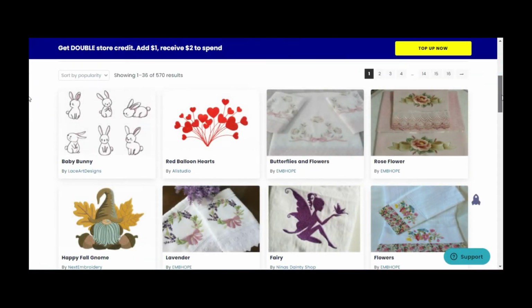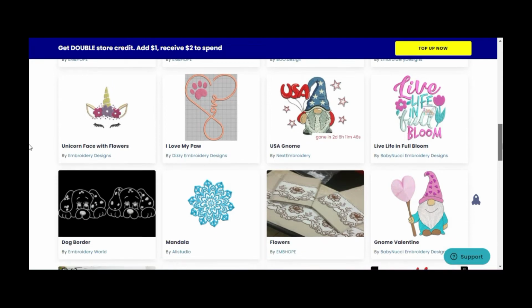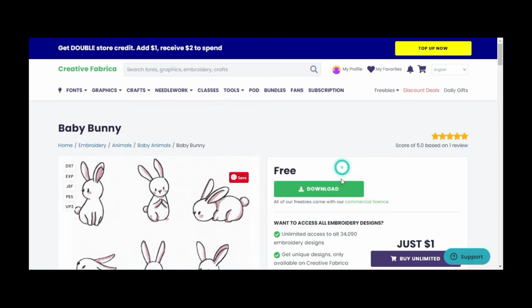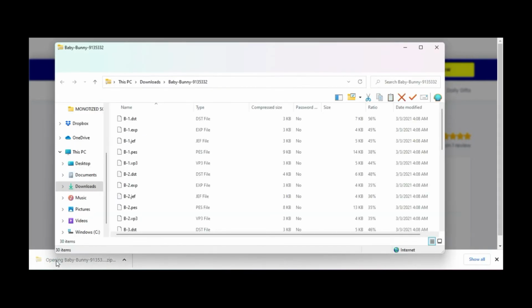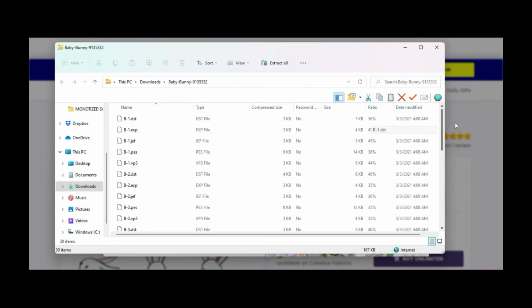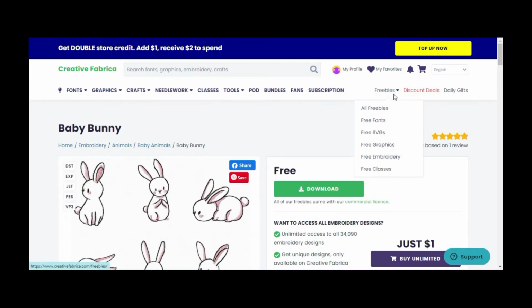which I actually don't use the embroidery, but if you do, it would just be the exact same thing. You would just click on the image and you would do download, and I would save it to the desktop. And you can see here that these are different files. So I'm not familiar with these files since I don't embroider, but if you do, this would be a perfect resource for you. And let's go back to the freebies, and we'll click maybe later, and let's go to free